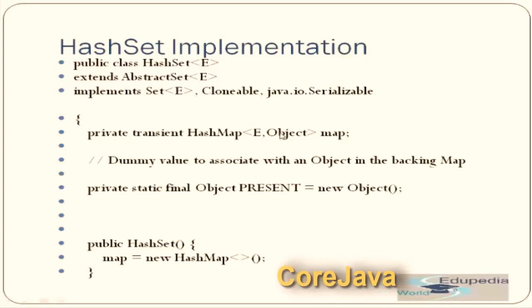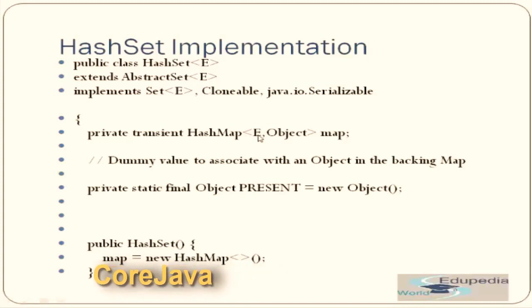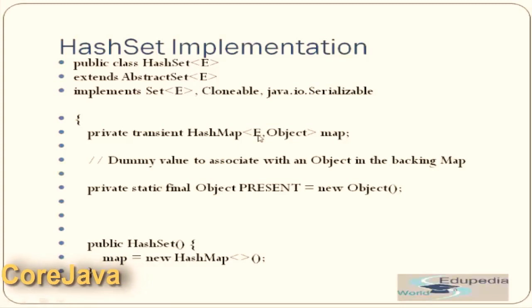If we talk about HashMap, you can relate it to a dictionary. A dictionary has a word and a meaning. In a dictionary every word is unique, but meanings can definitely be duplicate. In the same way, a HashMap stores things: the key part, the first part, is always unique, and the value can be duplicate or the same. It doesn't matter. That's why we are using a HashMap, because its implementation ensures that the key, the first part, has to be unique.